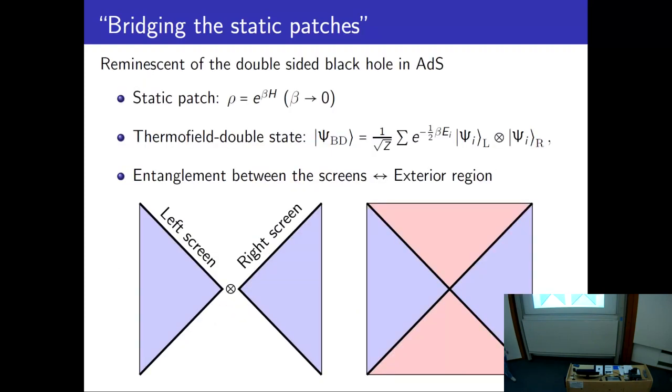And this is quite reminiscent of the case of the AdS black hole I was mentioning before, where we have initially two holographic screens on the cosmological horizon, both encoding a static patch. But once I take into account the full state, which entangles these two sides, I end up with a bulk spacetime that connects the two initial holographic screens. In particular, the region connecting the two static patches emerges from the entanglement between these two holographic screens, basically.